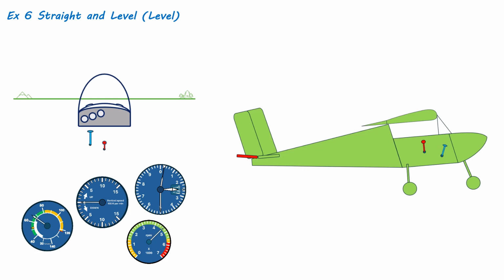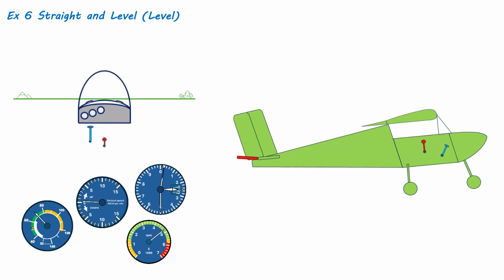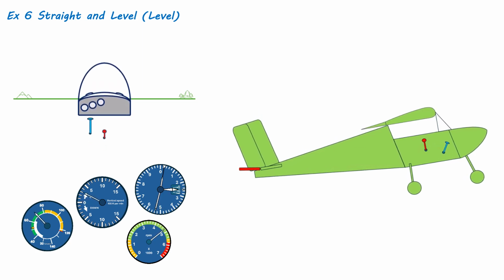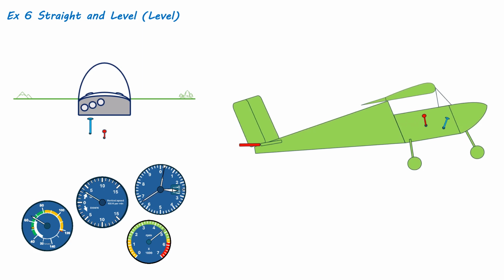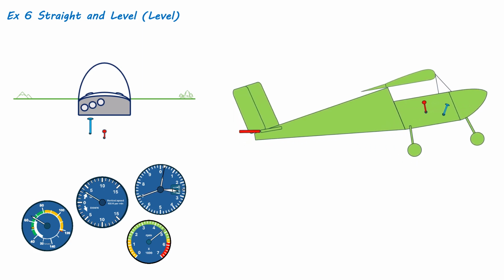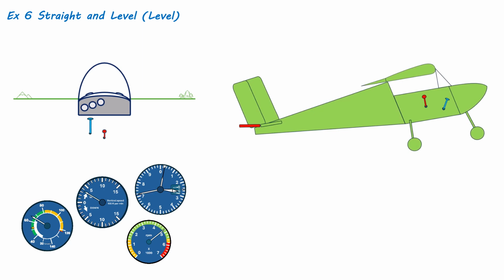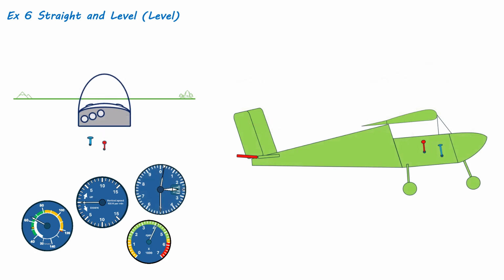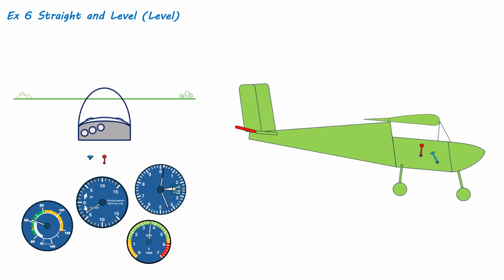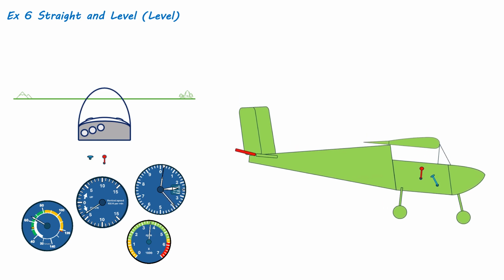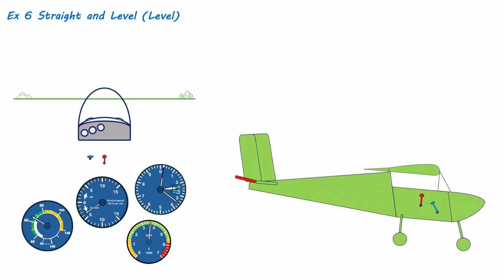Too much power and the aircraft will pitch up and climb. The VSI needle will point upwards, indicating a rate of climb, and the altimeter needles will move clockwise as we increase in altitude. Not enough power, and the aircraft will pitch down and descend. The VSI needle will point down, indicating a rate of descent, and the altimeter needles will sweep anti-clockwise as we